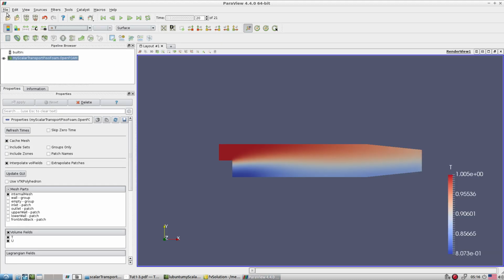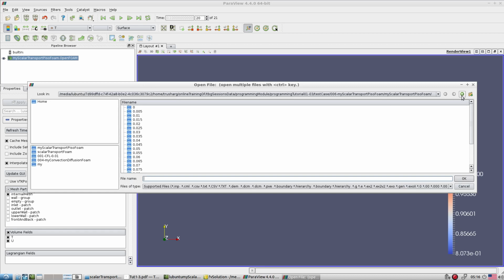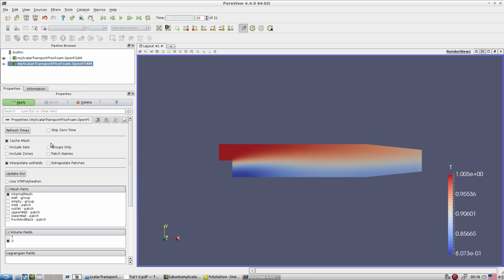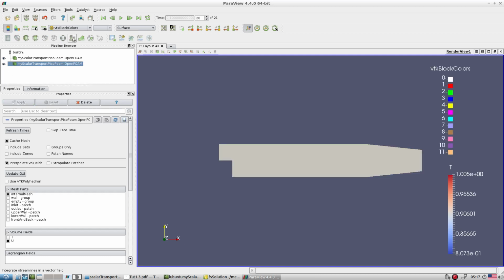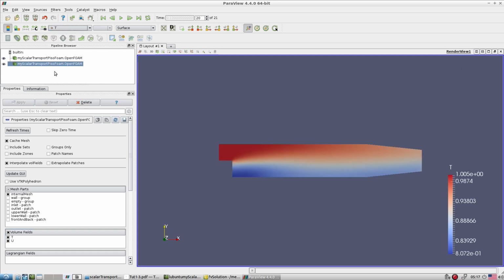Let me open the next one as well, scalar transport. Almost the same result we can see.